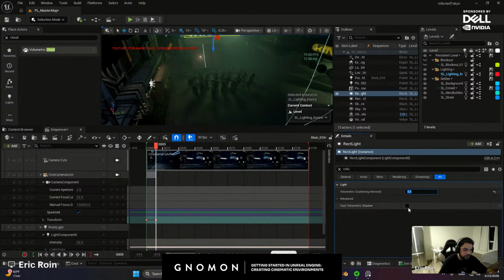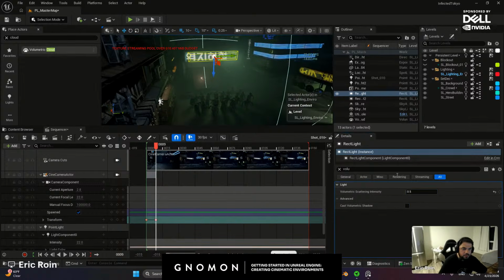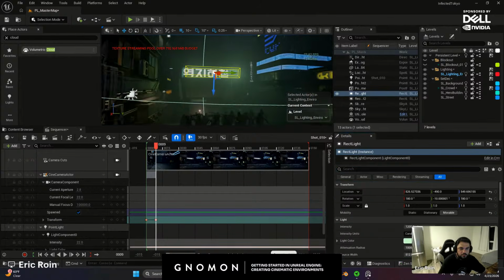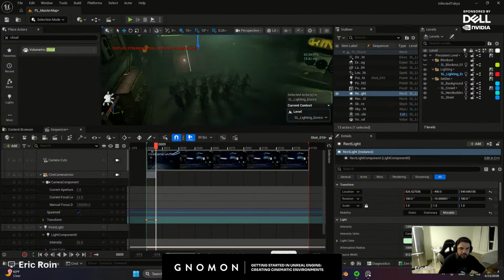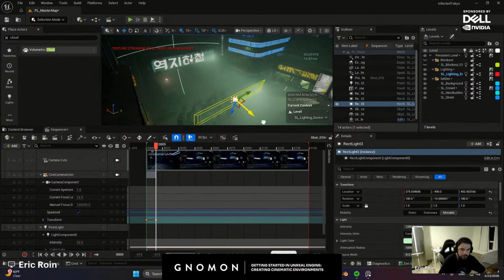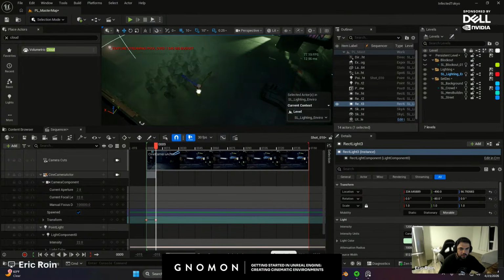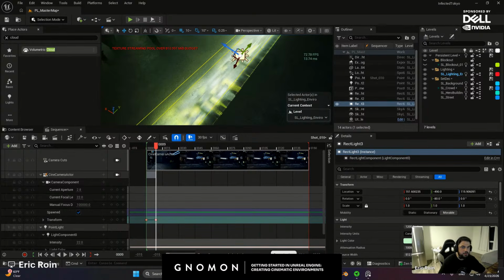Let's also cast those volumetric shadows. Actually, not a big difference. Gonna keep it off. If it's not changing the look dramatically, then we can keep it off. And now this light essentially has a texture. Just to demonstrate that a bit better, if I take this light and really take it close to the ground, you see how that car wheel texture is basically appearing here. So that's feeding our light source.